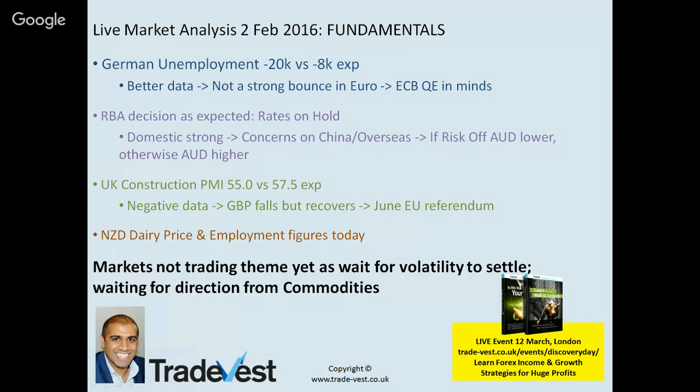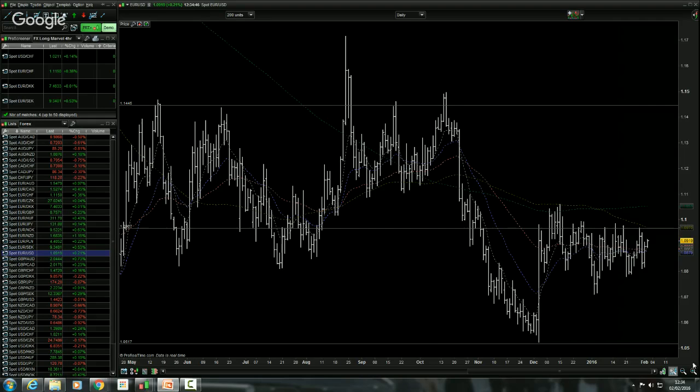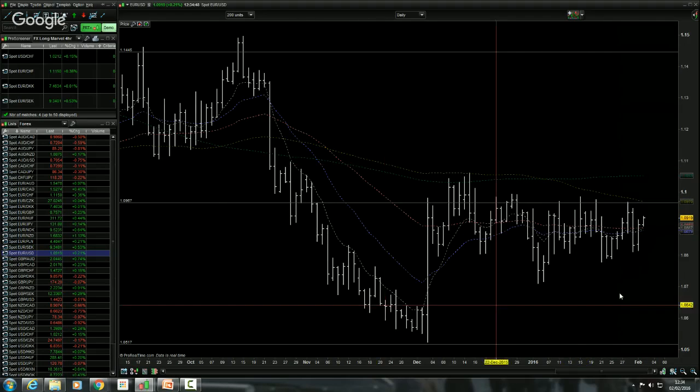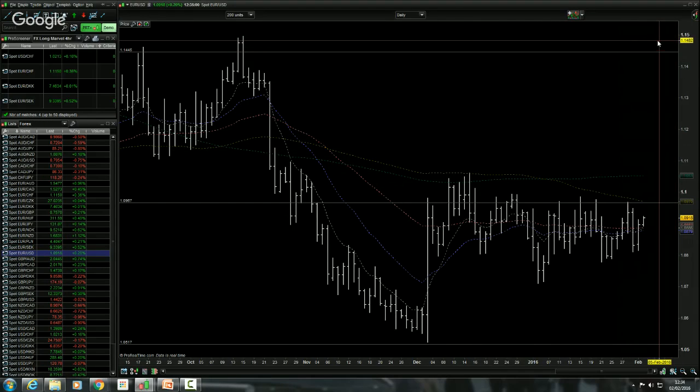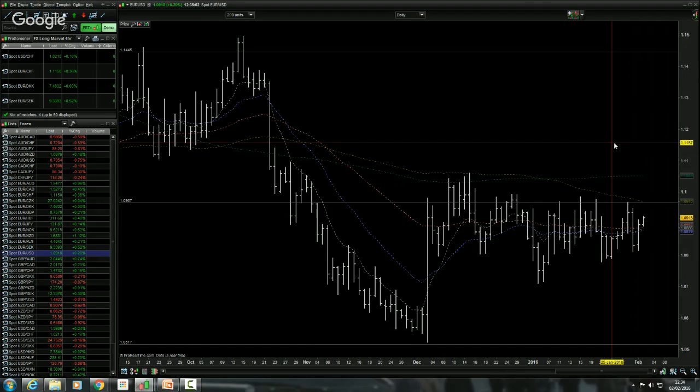All right. So let's just have a look at the charts now, and let's have a look at how price reacted based on these news announcements. So I've got the euro dollar here, and you can see from a daily perspective it's going sideways, and the mere fact it's going sideways probably suggests that it wants to go a little bit higher, in fact, considering what's happening in the backdrop of everything else. But again, personally, I haven't positioned myself on euro dollar, because it's just not worth trying to pick a direction in this market. As a trader, your job is to